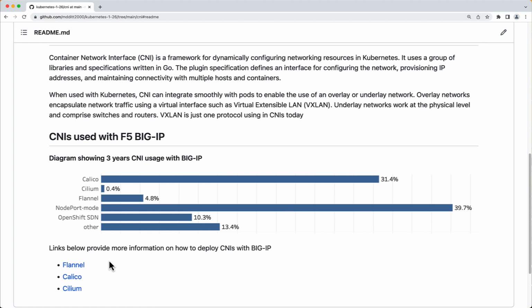So, CNI used with F5 Big IP. I've done some sampling, probably over maybe 1,000 plus deployments over 3 years, and these are some of the numbers that I'm getting. So you can see what's really interesting here. Of all the Big IPs that are deployed with integration into OpenShift as well as Kubernetes, using something like CIS or the Big IP controller in Kubernetes or OpenShift,